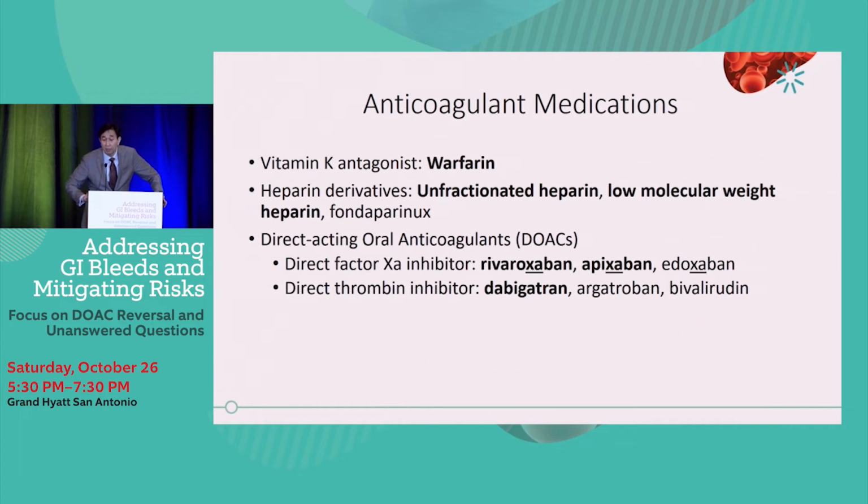What about anticoagulant agents? So warfarin is the prototype, as Dr. Dresden has talked about, and I'm not going to spend too much time repeating it. It's just that the direct factor 10A inhibitors have this "xa" in their names, so rivaroxaban. This is a very clever way of the companies to come up with these names, apixaban, so you have this 10A hidden somewhere there. And there's also a direct thrombin inhibitor, which is dabigatran.